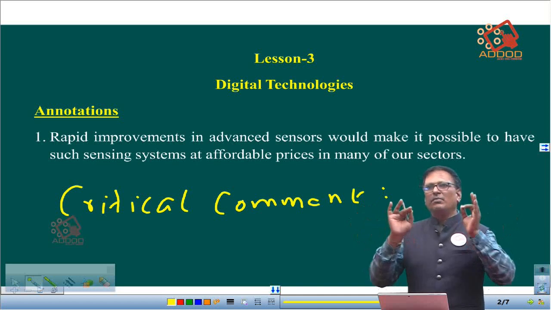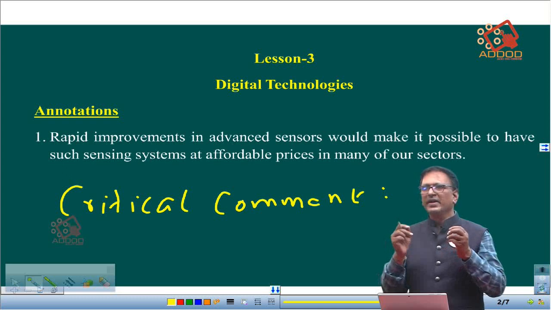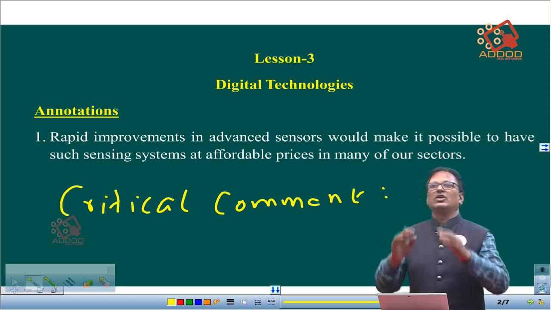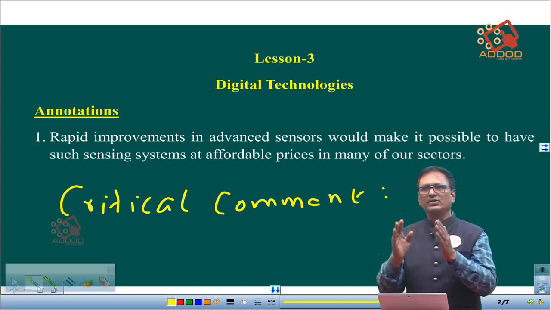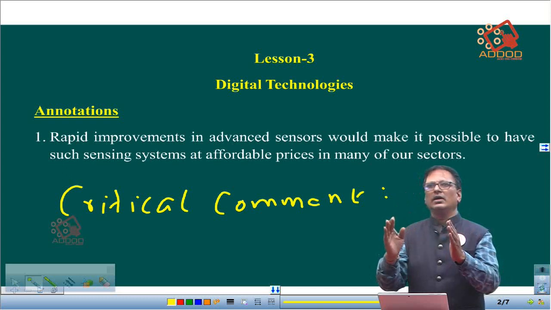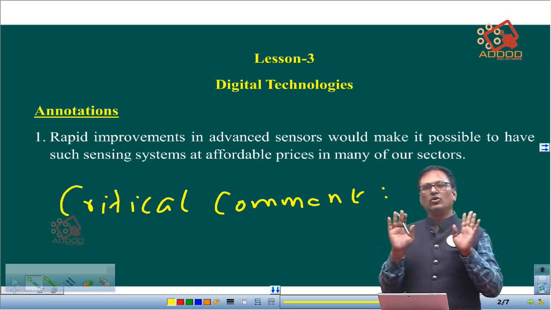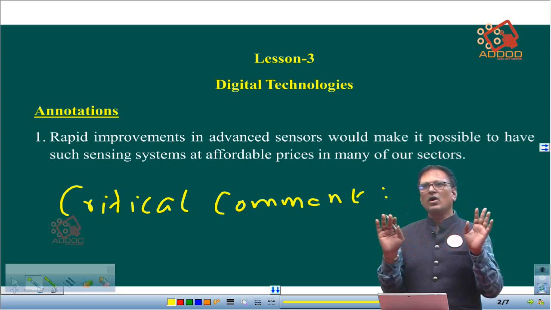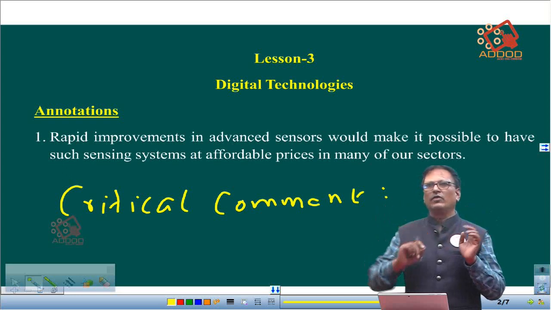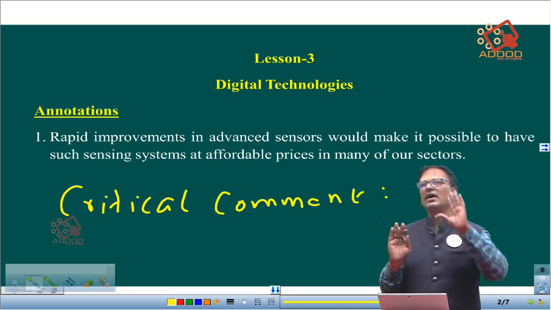As long as a person understands this critical comment, which is the last part of annotation, you are going to write points according to your own imagination, observation, or understanding of things. I told you, you don't find it anywhere in the book. You are not writing the same words from any prescribed material, guide, or test papers. You are not going to write as it is. They are just a model for you.